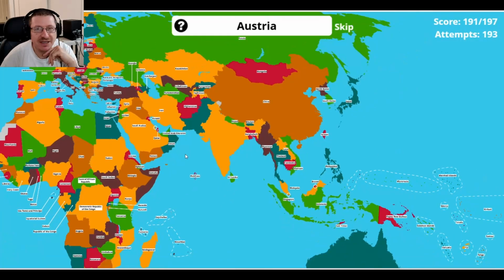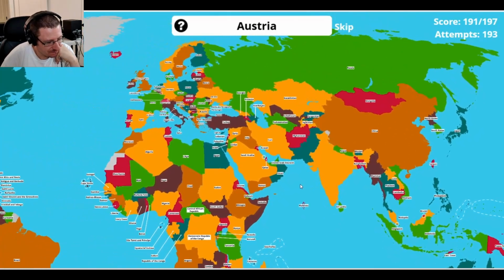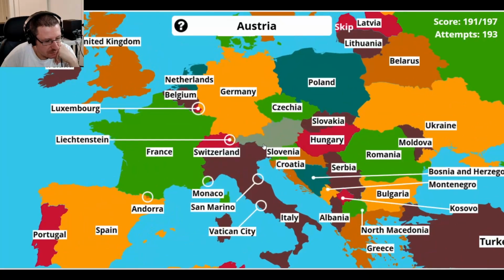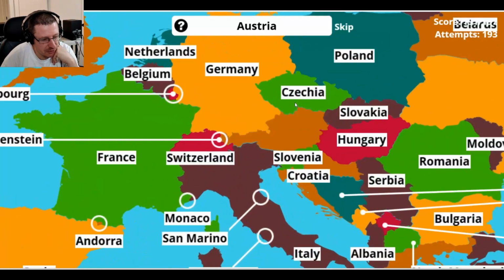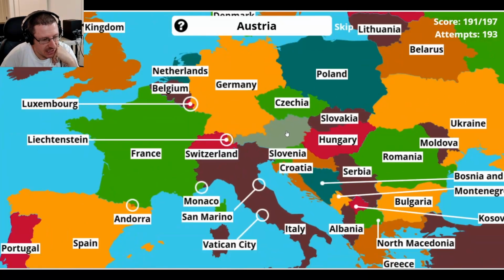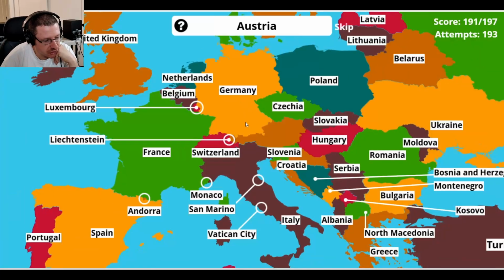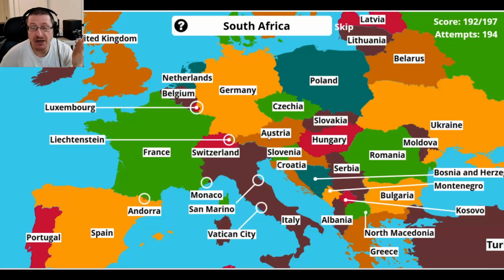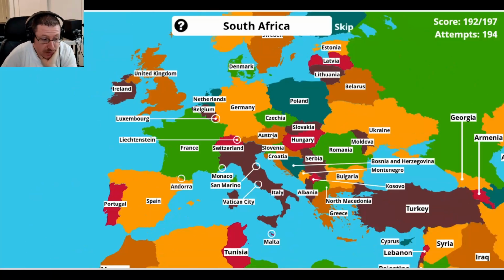Austria. Austria is the thing that messed me up. But you can see, Czechia and Austria are really close. And I just didn't take the time. Austria is right here. Austria lies right below Germany. That's where Vienna is, and it has the world's oldest zoo. And I don't know, maybe Vienna is home to the Vienna sausage. I don't know. Maybe, maybe not.